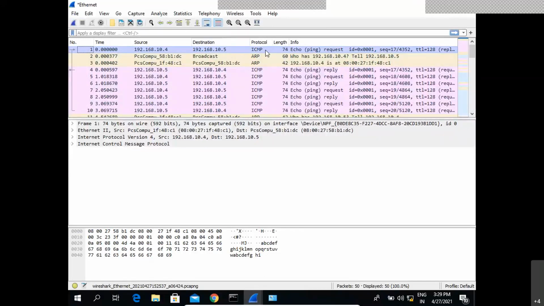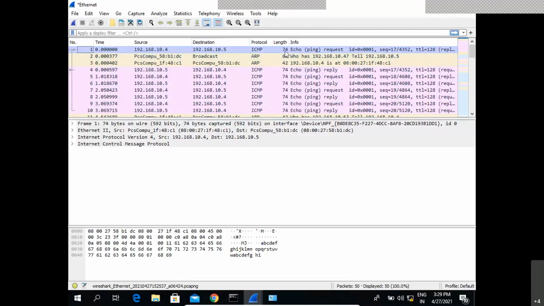Okay, so this ping, we are using a ping command, but in the background it is using the ICMP protocol only. So that also we can easily say that, okay, this kind of communication is ICMP protocol. And the next column is about the length of the packet that has been received or sent. So it is currently 74 bytes. 74 bytes of data has been sent using this particular packet.